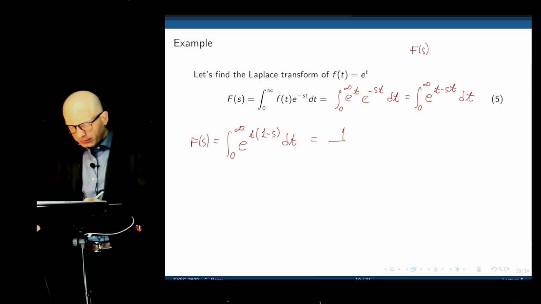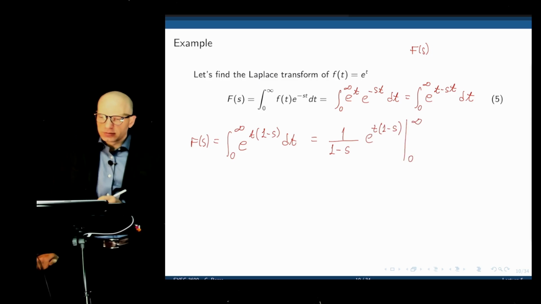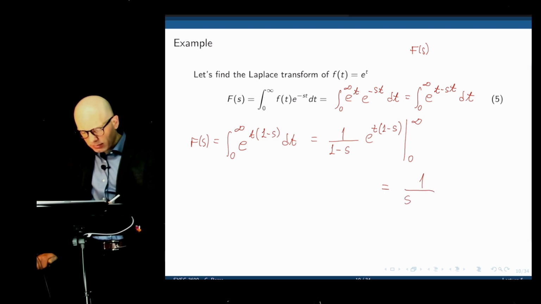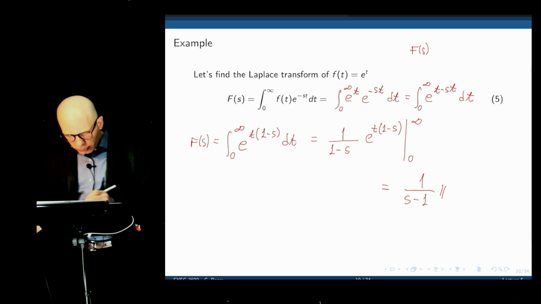One over 1 minus s exponential, and now this goes from 0 to infinity. We can take the limit of this function when time tends to infinity, and we can also take the limit, replace 0 in the function. And if you solve for all that, this is just math steps, it's going to be 1 over s minus 1. Right? We could, for example, just do